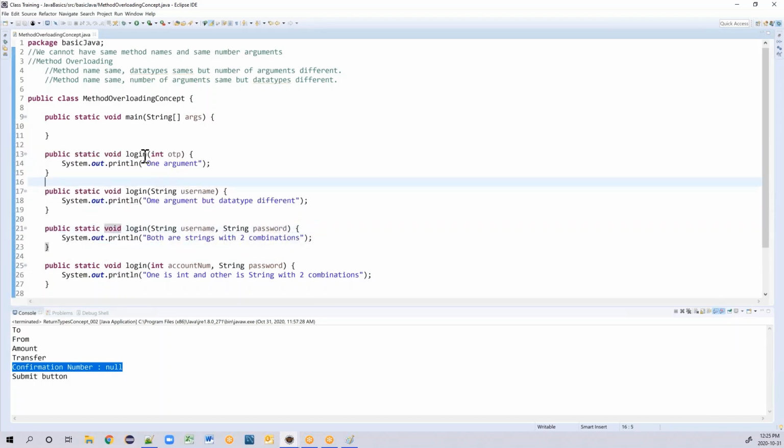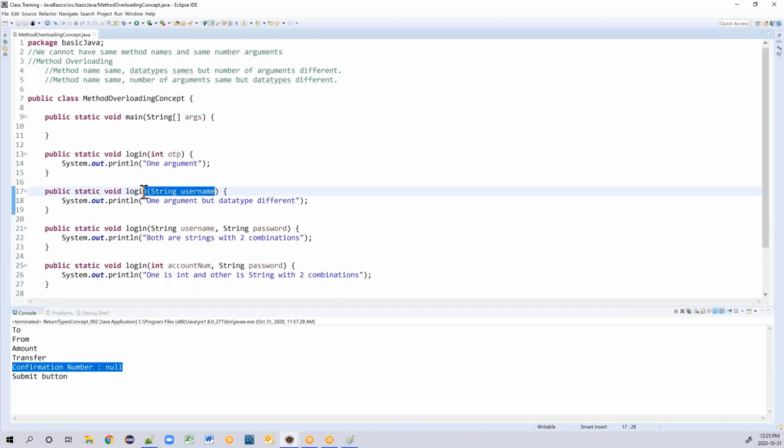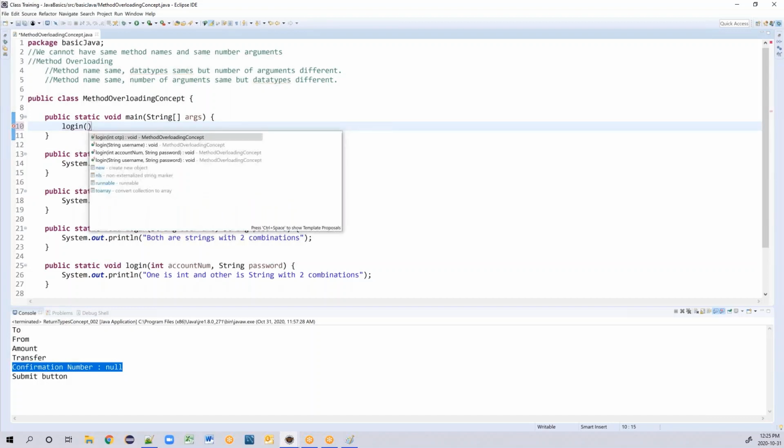What is overloading? Tomorrow if I have to call this method, how do I call it? I'll simply say this is a static login. It's your choice which one you want to call, whether this login or this login.